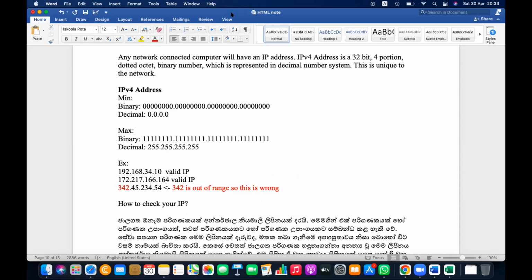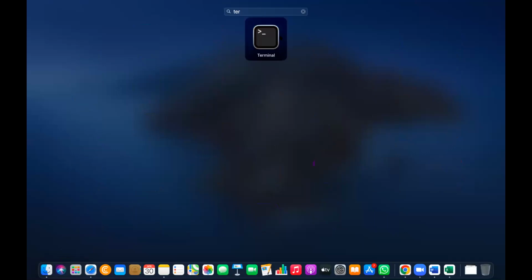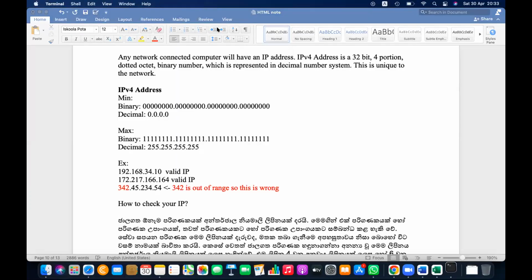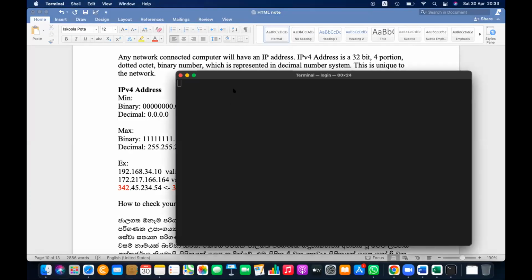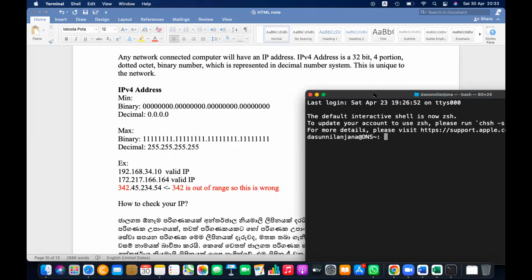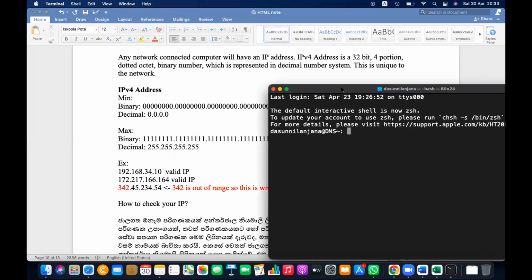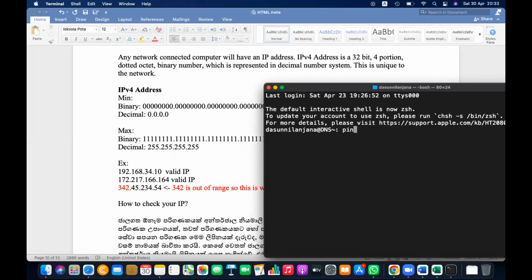Using the ping command, you can check the IP address of some other thing. When you go to the terminal, or in your case, the command prompt, in your computers this is called command prompt. You can type ping